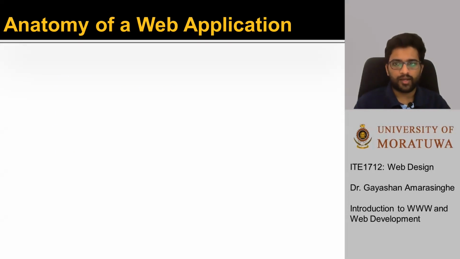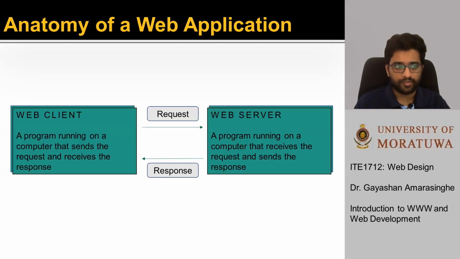Web apps are made up of two separate running computer programs, a server and a client. If you remember, I talked about the client-server architecture before. So this is the most prominent architecture in web applications. Both of these computer programs, the web client and the web server, are important, and the main distinction is whose machine they run on.